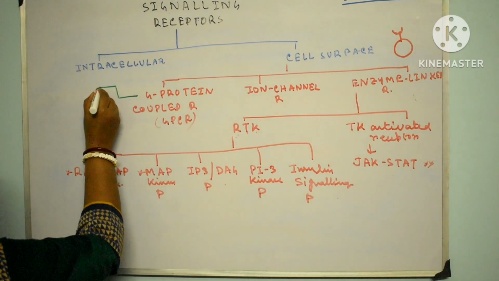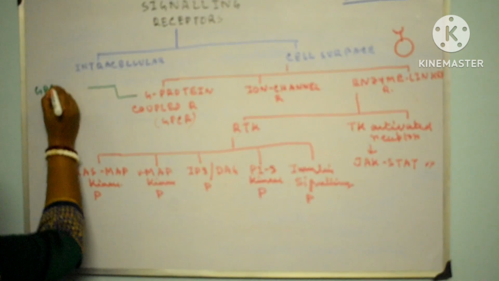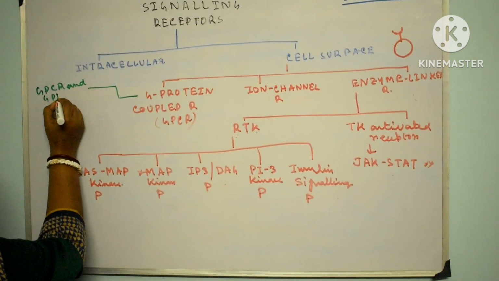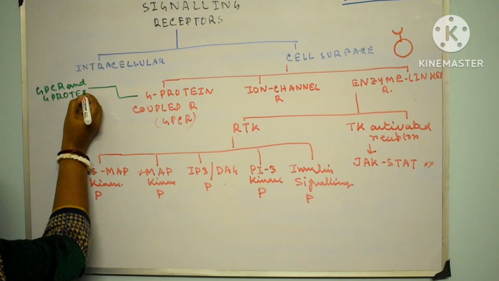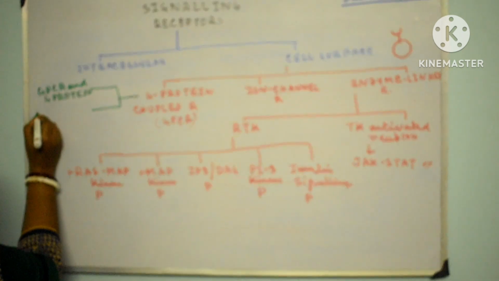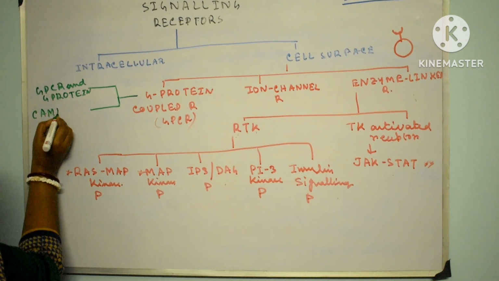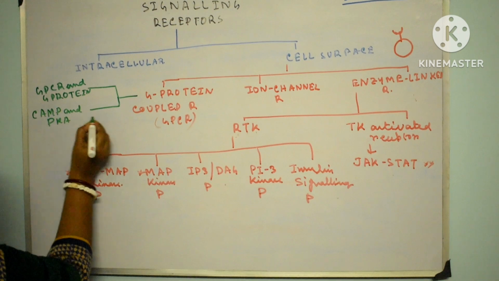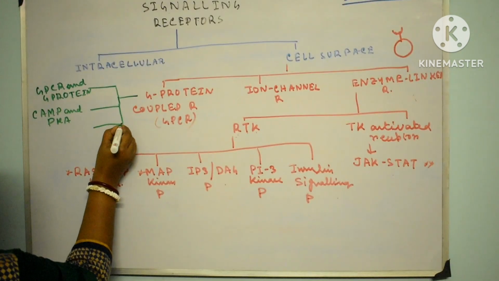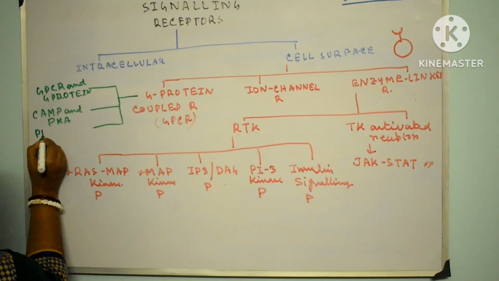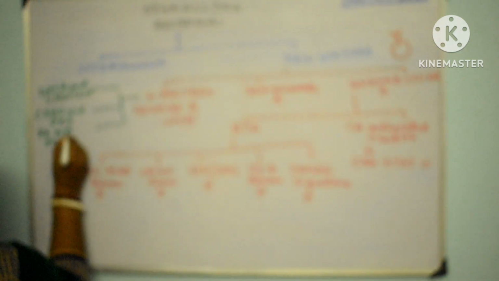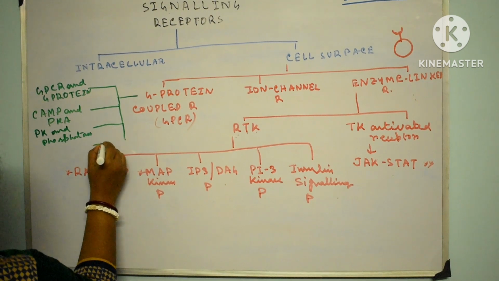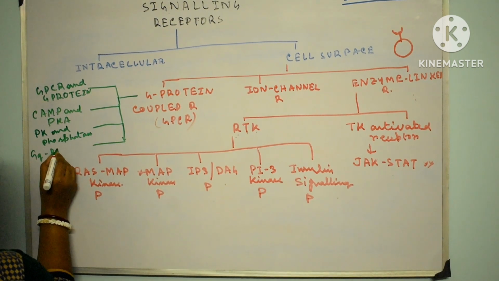Now let's concentrate on the different types of GPCR, G protein coupled receptor. First of all, GPCR and G protein. Second one is cAMP and PKA, protein kinase A. Third one is protein kinase and phosphatase. Fourth type is Gq and